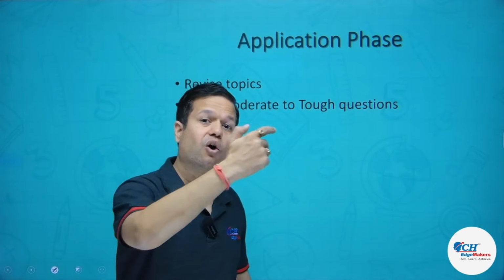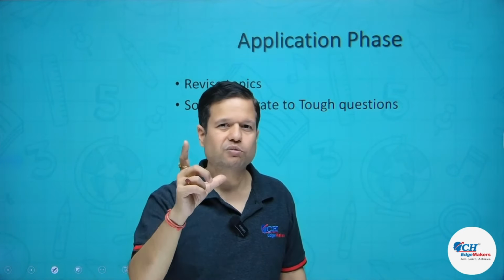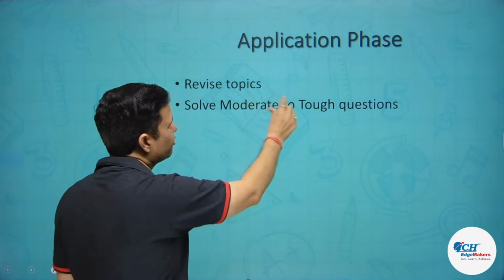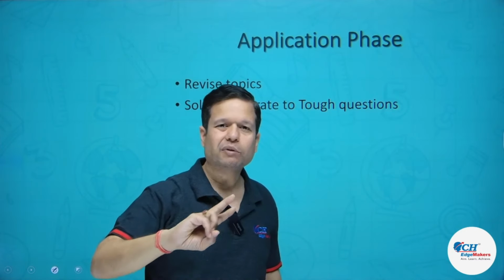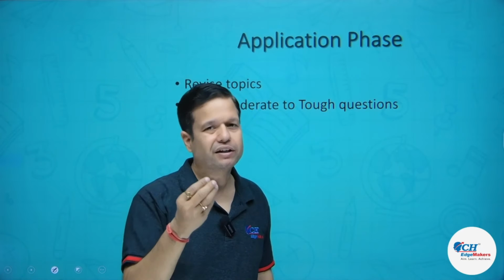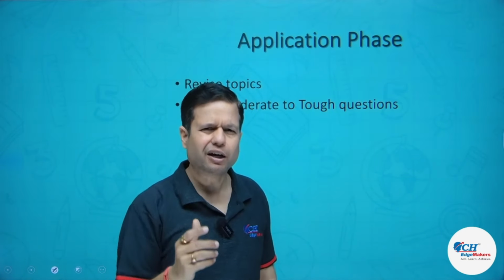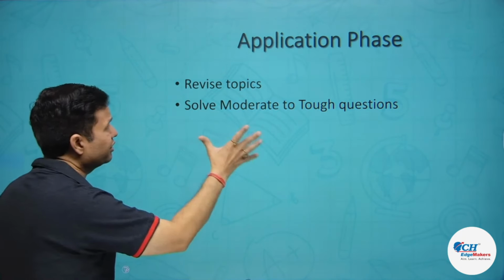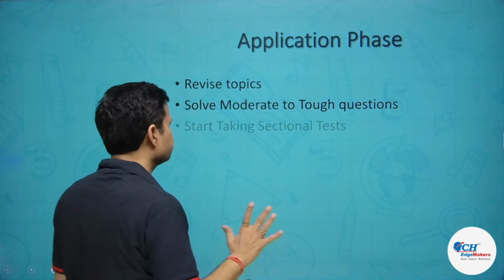So you are solving all the things again. So again, you can divide it in a similar fashion. First month, try solving moderate to tough questions based on arithmetic. Second month, you should try solving moderate to tough questions based on algebra and number system. And the last one, geometry and higher math. So that's how you can divide the application phase again into a 3-month phase.